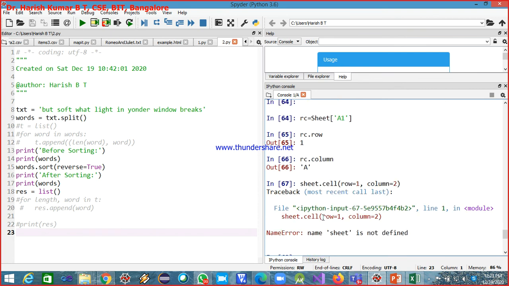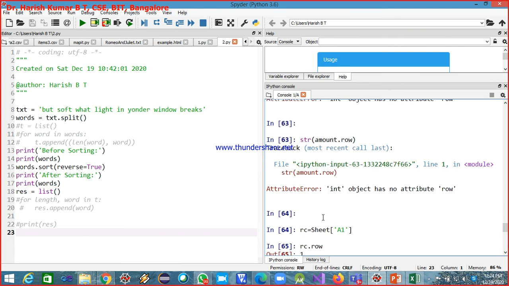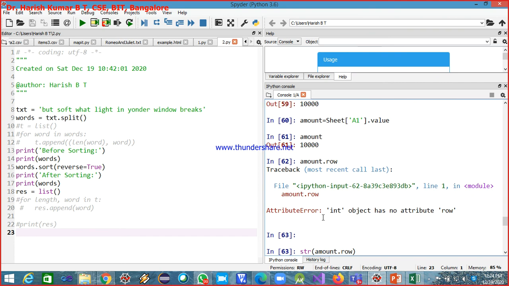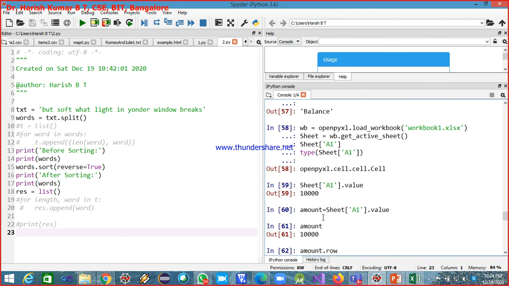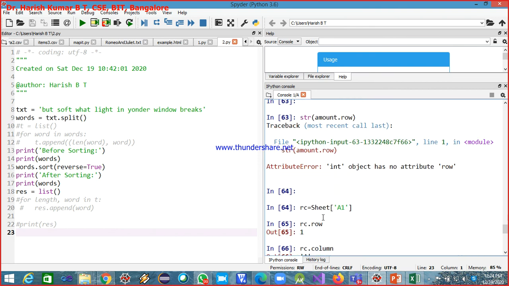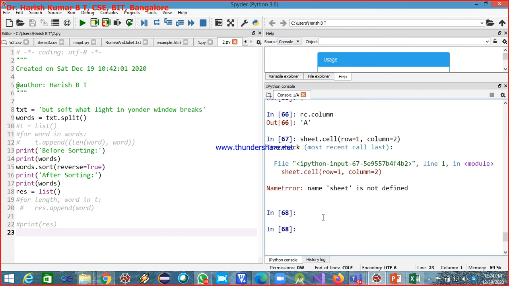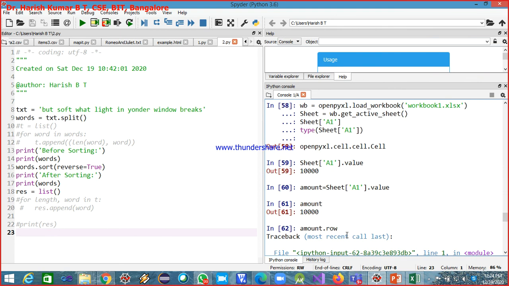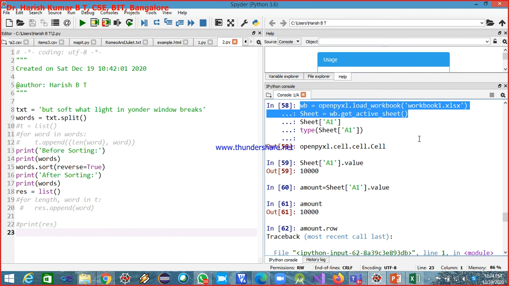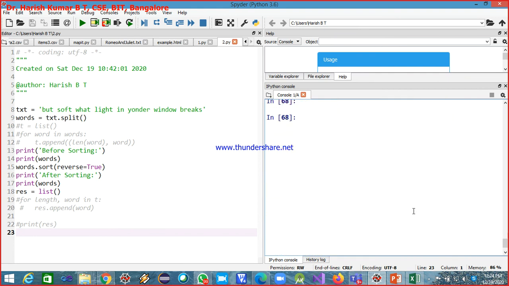I don't have the sheet. I have to create the sheet object. Yeah, let me do that again.